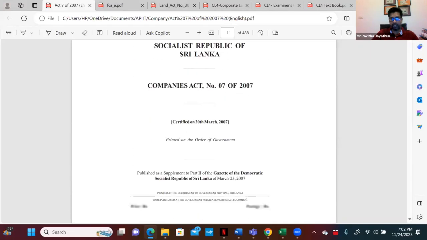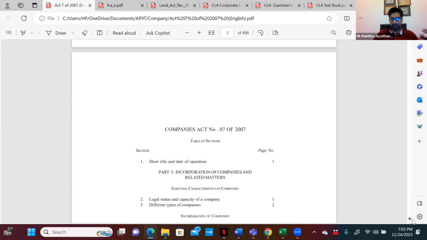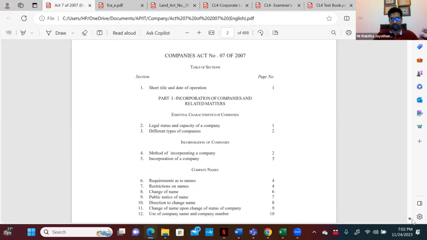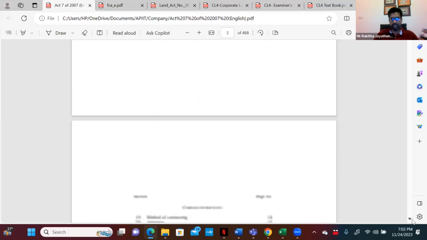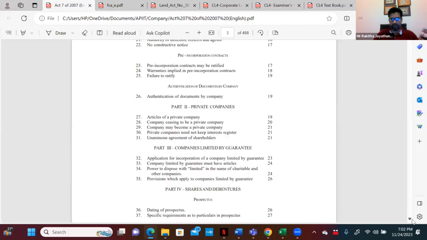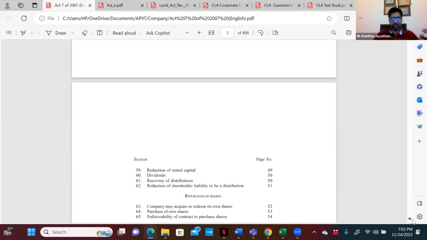So look here, the table of sections. Be familiar with these sections and the relevant chapters. Just read them. Here, about articles of association, you have the relevant heading. Now, when it comes to winding up of a company, you will see